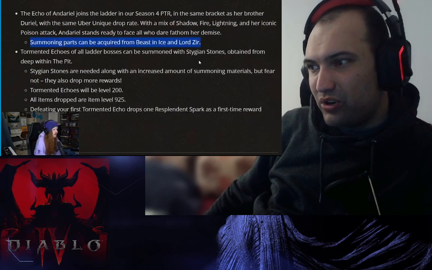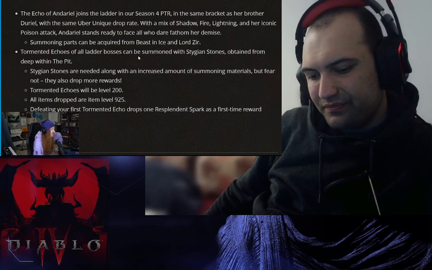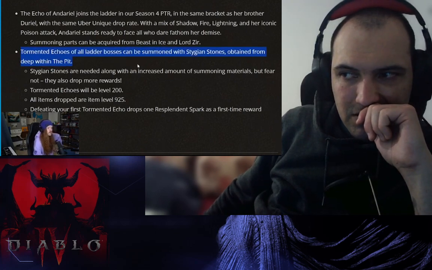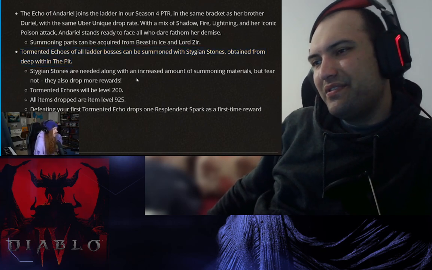Summoning parts can be acquired from Beast in Ice and Lord of Hatred content. I should say a lot more here. So now we have a reason to do those bosses more outside of their drop tables. And the Tormented Echoes of all ladder bosses can be summoned with the new Stygian stones that are obtained from the pit. The stones are needed with an increased level. I wonder what